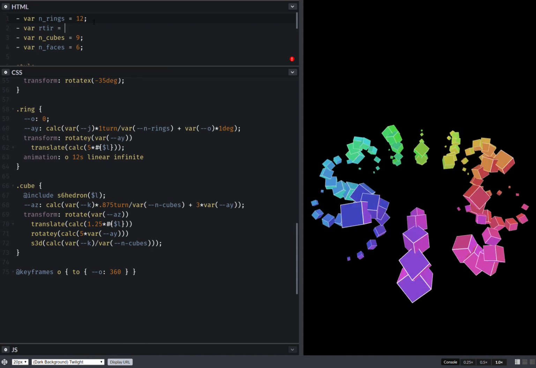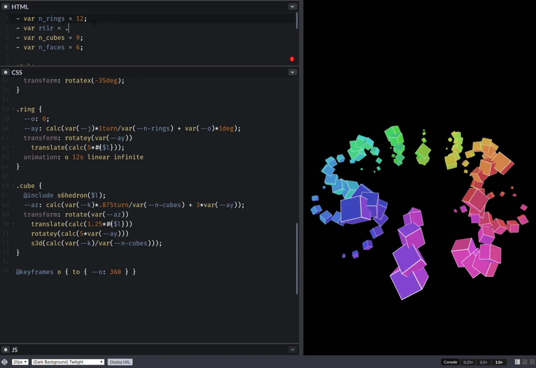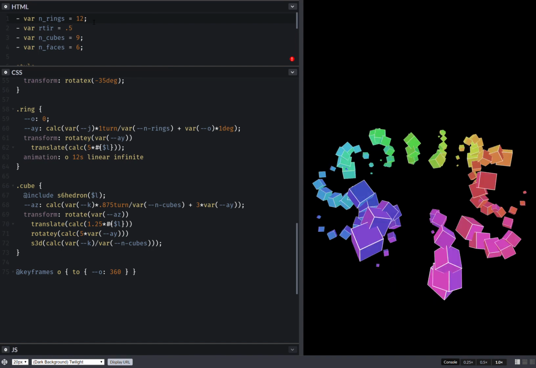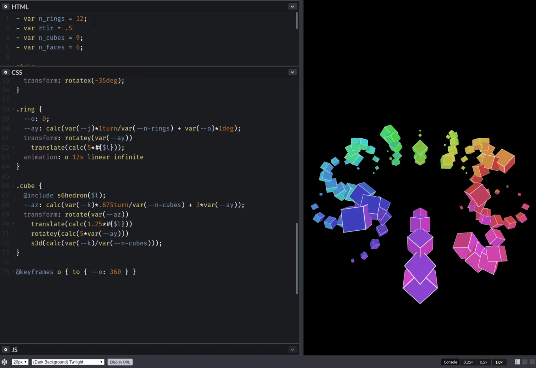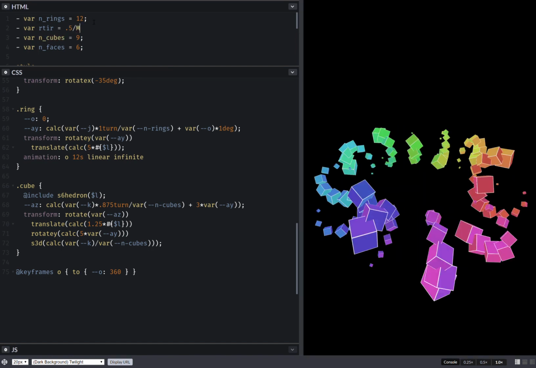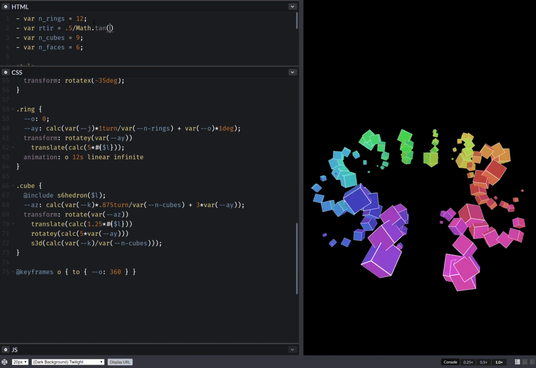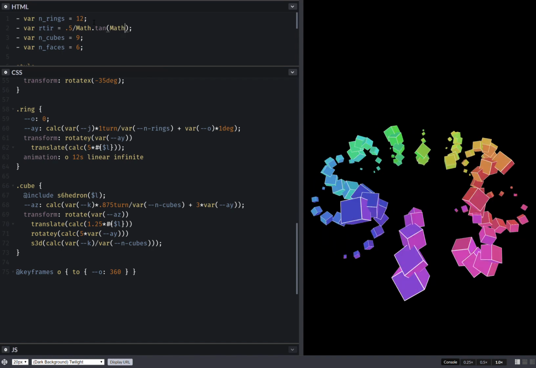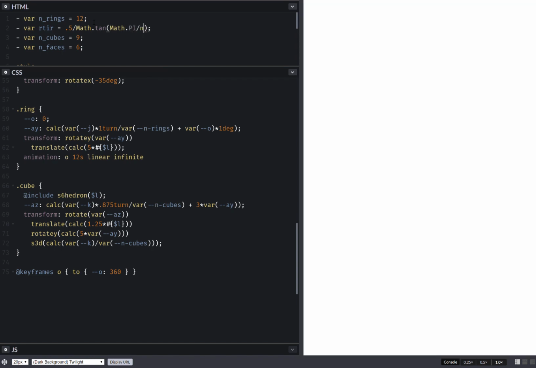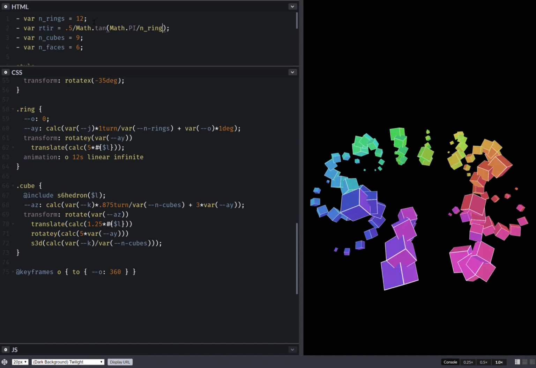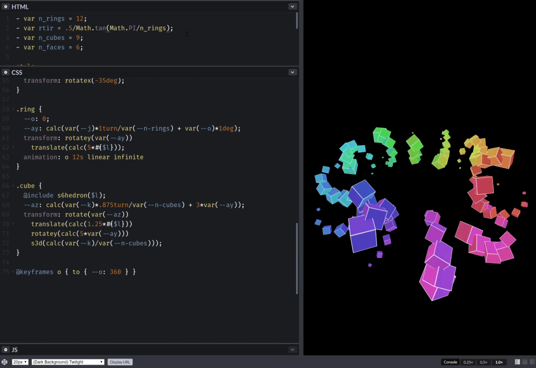So .5 the tangent, so that's going to be pi over the number of rings. So this is the relative,